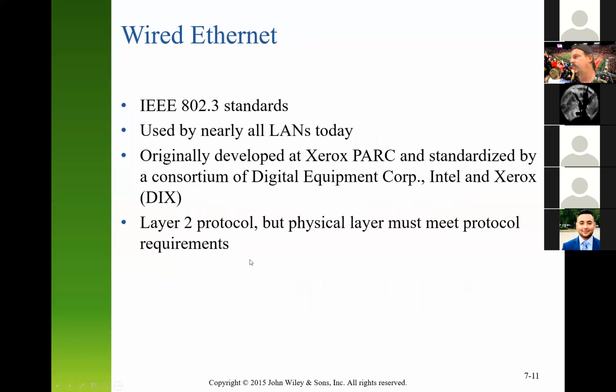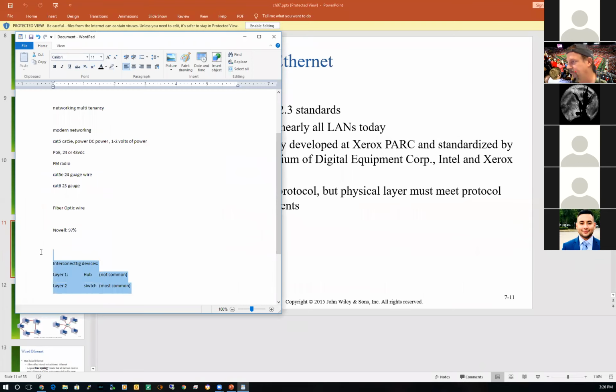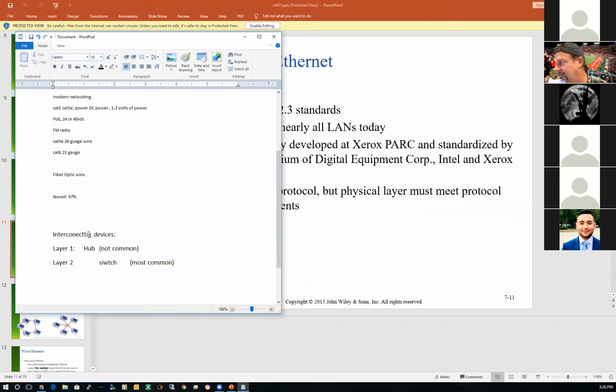I'll skip that. Okay, let me go back to before I go too much more into wired Ethernet, I want to describe to you these different layers. Let me blow this up, because these are different hardware types that you're interconnecting. I know I'm spelling that wrong. Interconnecting network devices. Hub, not common. Switch, very common. You go buy those, 20, 30 bucks. Amazon, Office Depot. At layer 3,